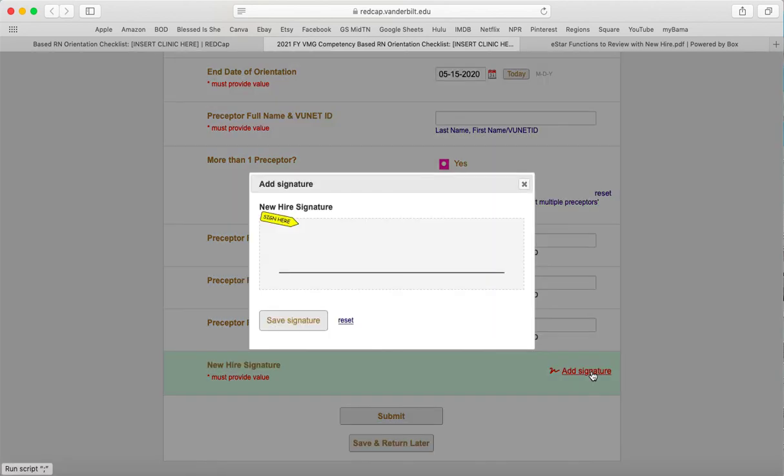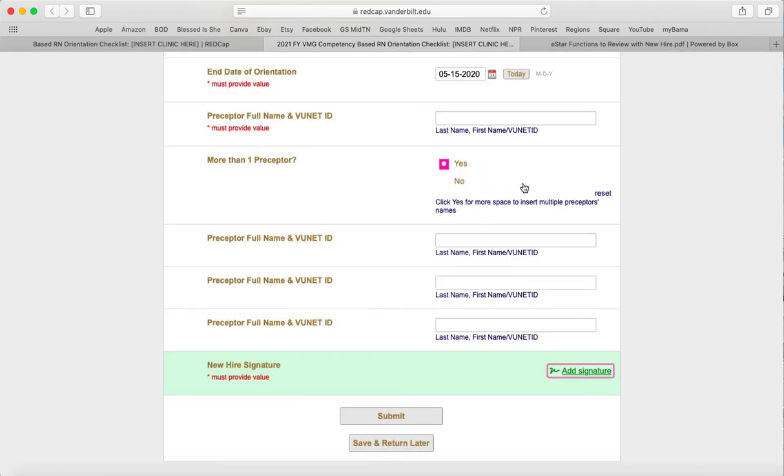Also, last but not least, the new hire signature. So this is for the orientee. They just click this box, add signature, then they're able to sign this and submit it. That's one of the pieces that's required by our competency team, and it won't let you submit it until they have signed it. So that's it, and please contact your